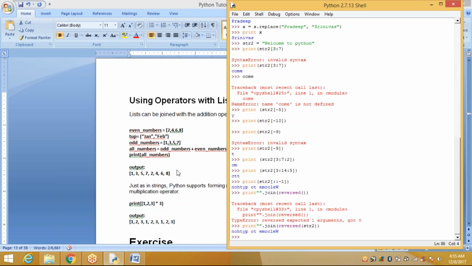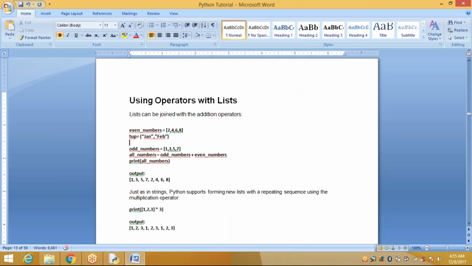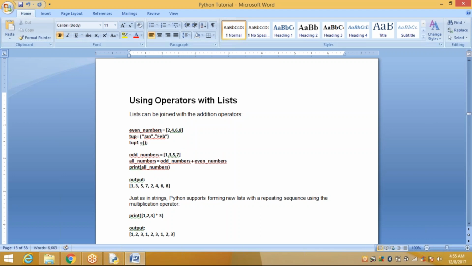Suppose you want to apply a single value, see here, tuple 1 equal to, like this. Tuple 1 is an empty tuple. That tuple contains a sequence of variables.